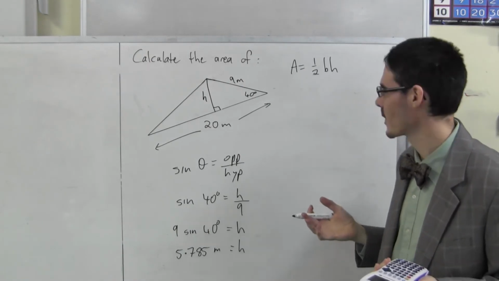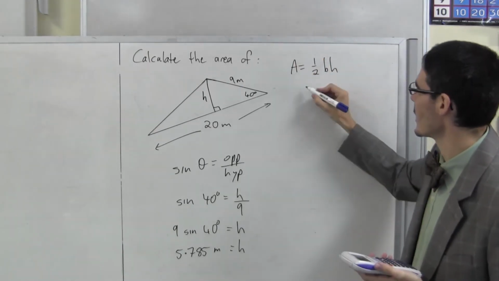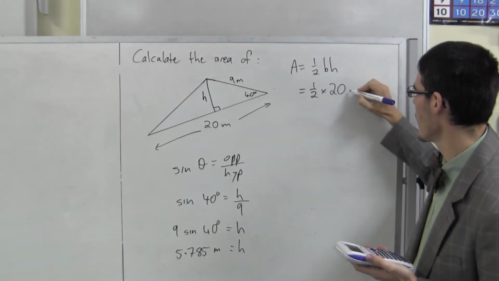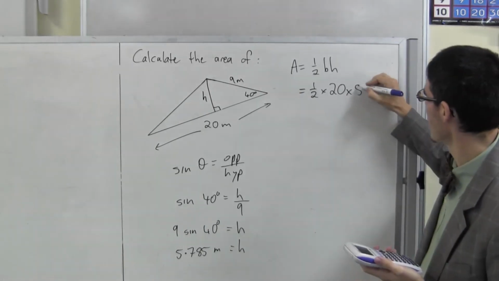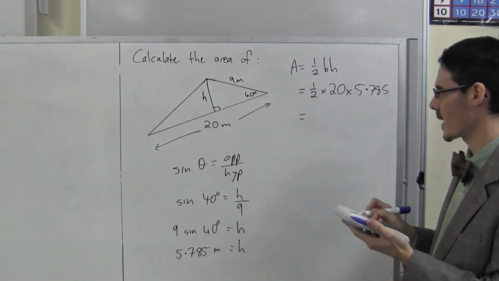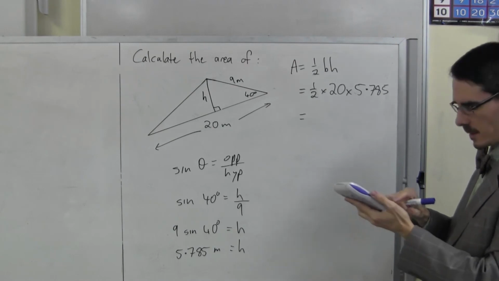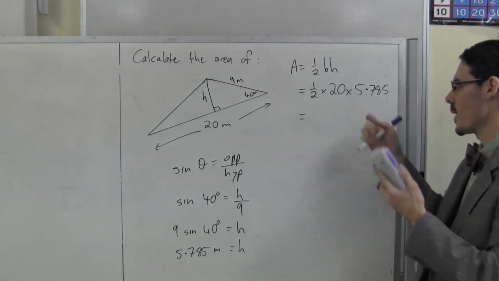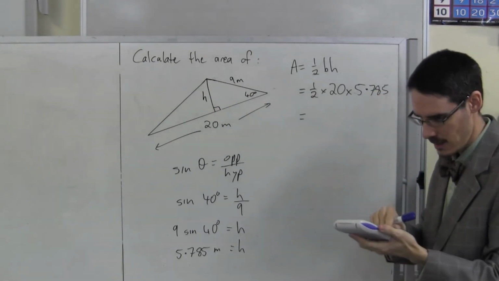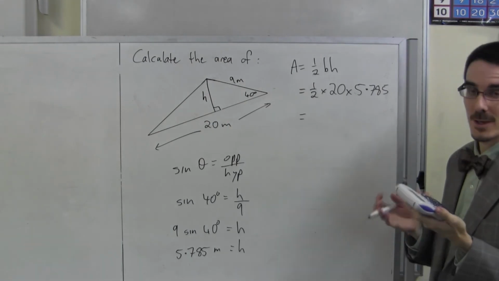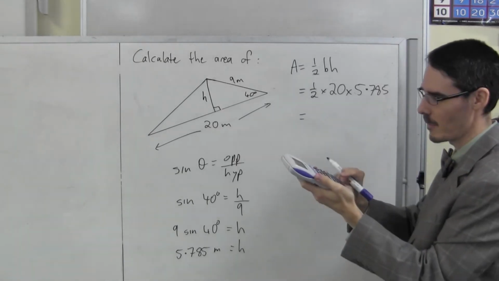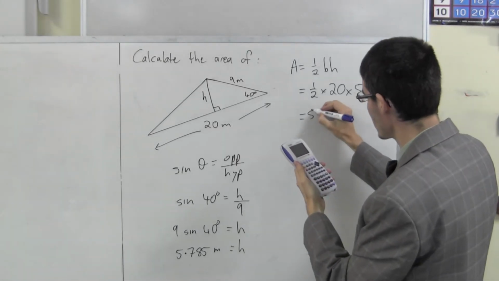That looks about right. Okay, my area now is half times the base times the height. So then we just type into our calculator, half times 20. Now, when I go times, then I'm going to put this number in. I'm not going to type it again. I'm going to ask my calculator for the last answer. Most modern scientific calculators have a way to do that. You need to work out where that is. On mine, it's down here near the equal sign. Times the last answer gives me